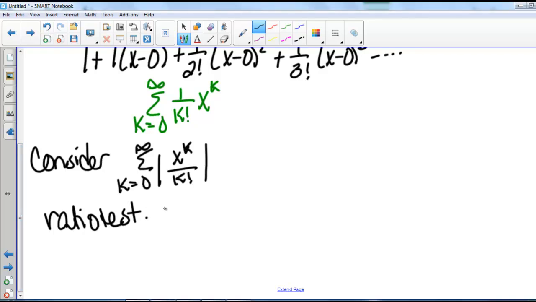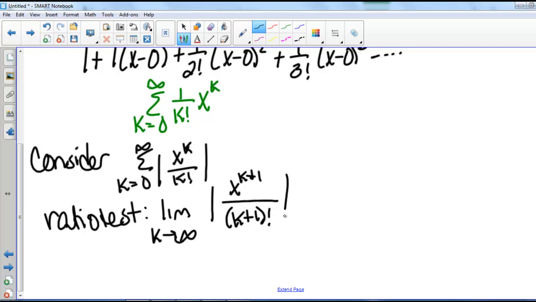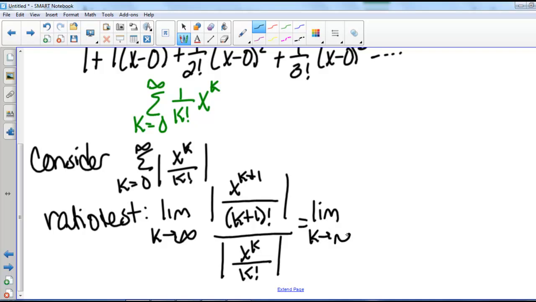So we find the limit as k goes to infinity of the absolute value of x to the k plus 1 divided by k plus 1 factorial, divided by the absolute value of x to the k divided by k factorial. So we get the limit as k goes to infinity of the absolute value of x times k factorial divided by k plus 1 factorial,